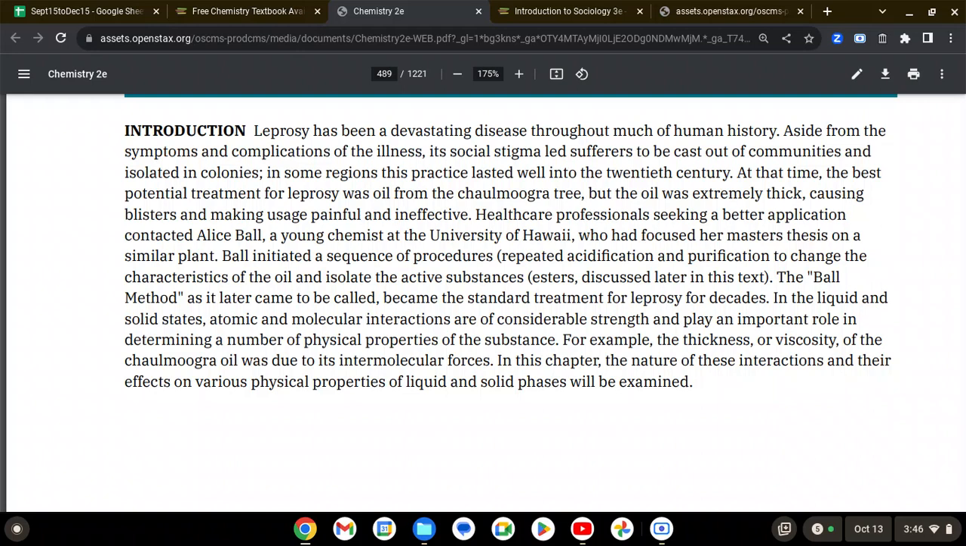All right, introduction. Leprosy has been a devastating disease throughout much of human history. Aside from the symptoms and complications of the illness, its social stigma led sufferers to be cast out of the communities and isolated in colonies. In some regions, this practice lasted well into the 20th century. At that time, the best potential treatment for leprosy was oil from the chaulmoogra tree. But the oil was extremely thick, causing blisters and making usage painful and ineffective. Healthcare professionals seeking a better application